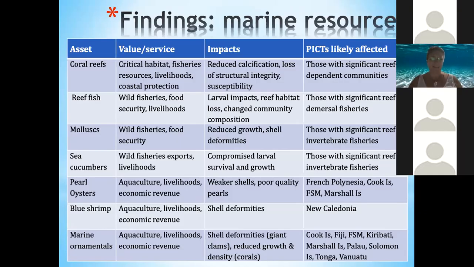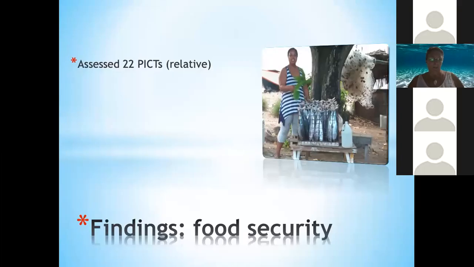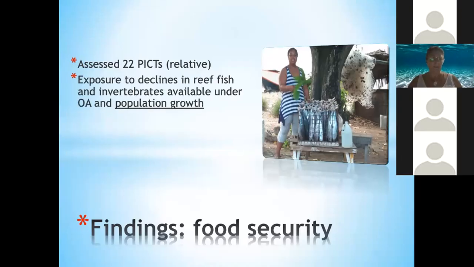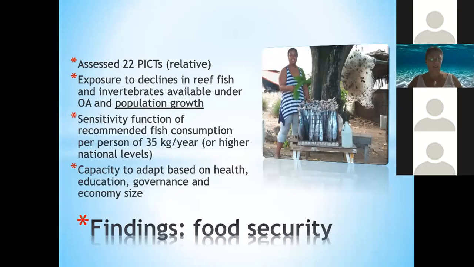Next slide, please. So then we looked at food security. What does that mean if those marine resources are going to be impacted by ocean acidification? And you can click through all these, Jessie. In exposure, we looked at things like population growth and also dependence on reef fish for food, so the amount of reef fish consumed in different nations as a primary protein source. So there were nutritional factors included in there. That was in sensitivity, and then the capacity to adapt.